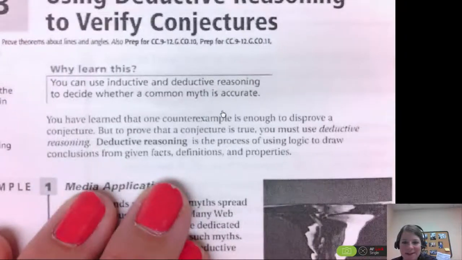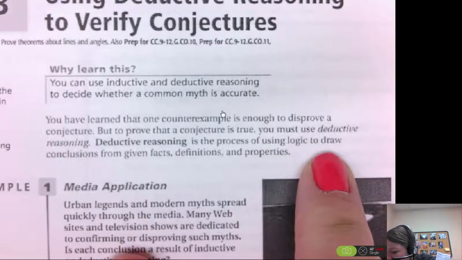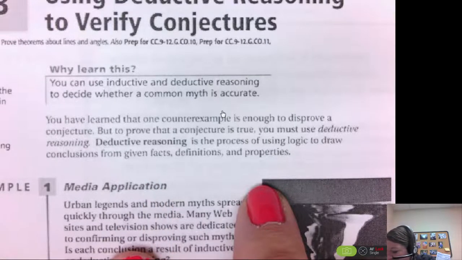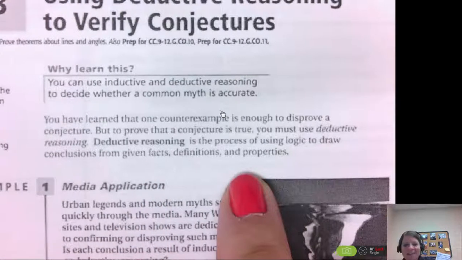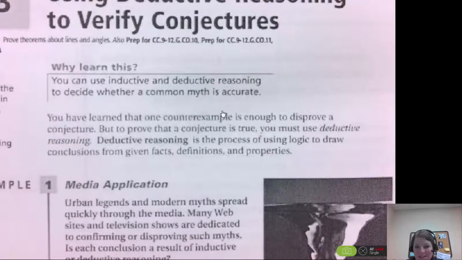Huh. And it does. All right, so deductive reasoning is the process of using logic to draw conclusions from facts, definitions, and properties. So we're looking at facts and different bits of information, and we're coming up with a rule or a general thing that's true. So deductive reasoning uses facts to come up with something. Inductive, you used a pattern, and then I came up with overall a